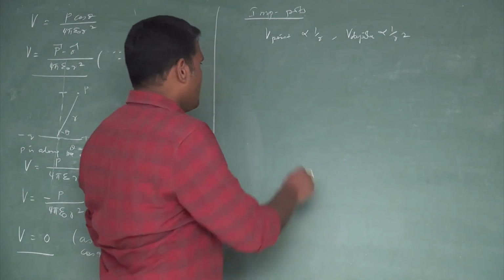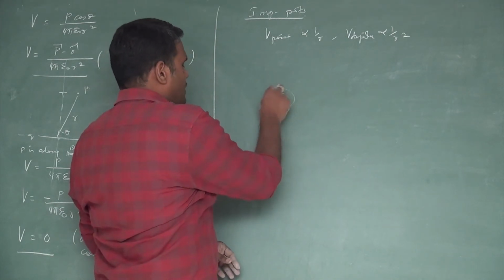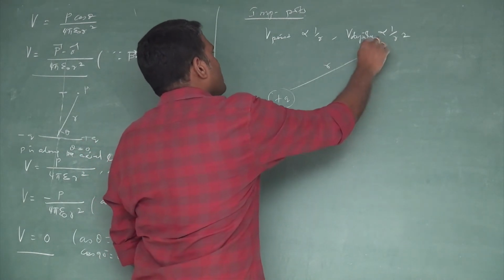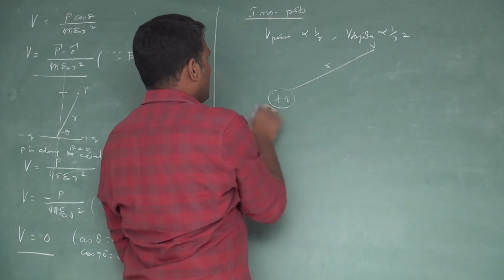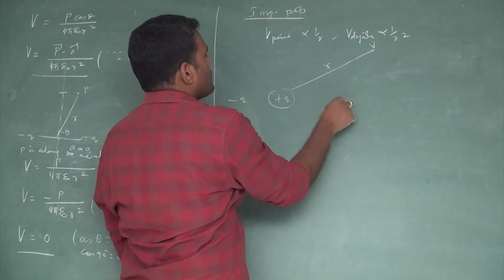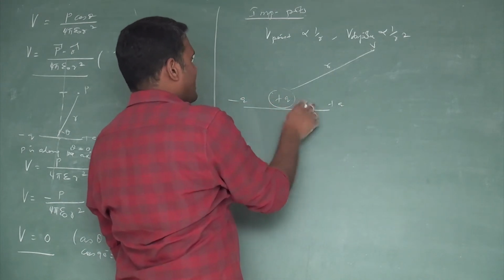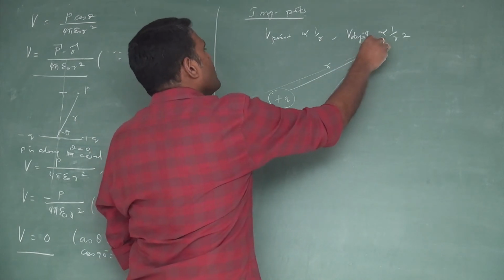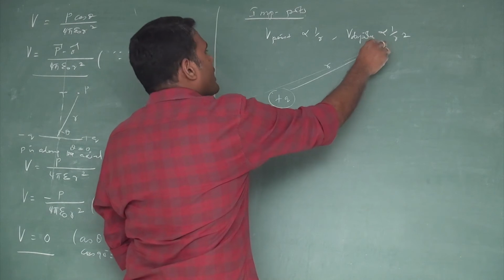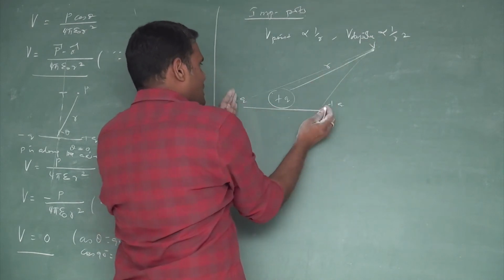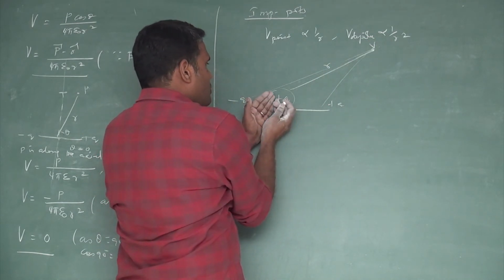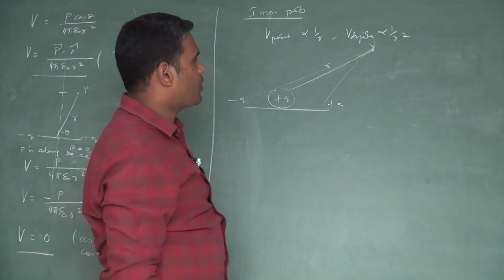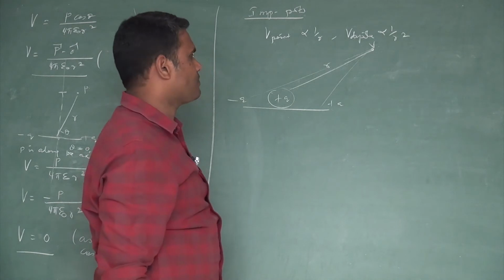So at far off distances, the potential will easily vanish when compared to the potential due to a point charge. Which means if you consider a point charge at a particular distance r, there will be some amount of potential. Suppose it is minus q and plus q, an electric dipole, this potential will be equal to 0 because if r is much greater than a, then these two will come close to each other so that the potential value will become 0.